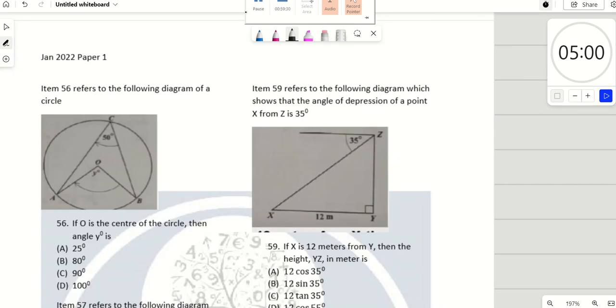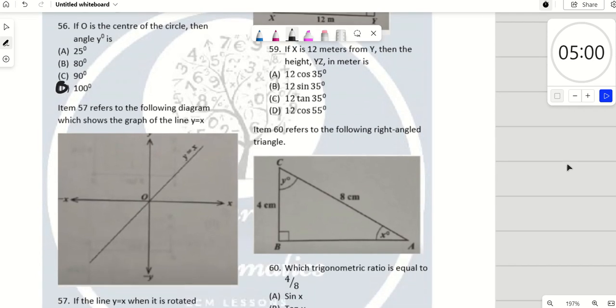Number 56, the angle of Y would be the angle on top here multiplied by 2, which is 100. Right? Let me just cross this off so nobody will see this. Right? For number 57,